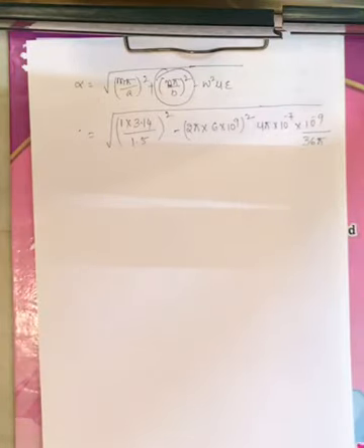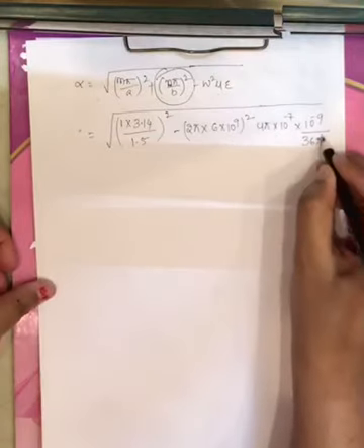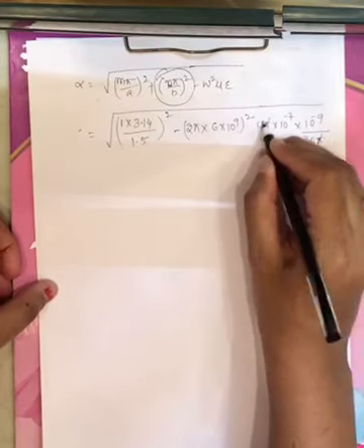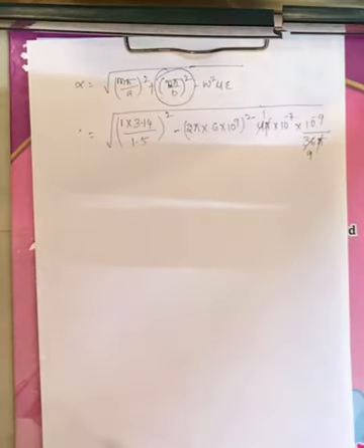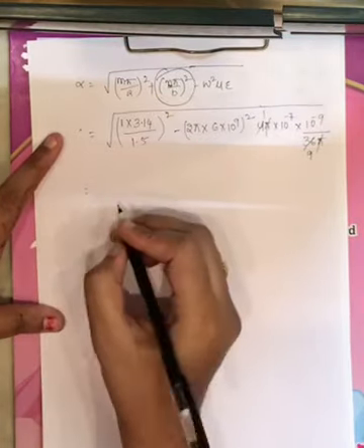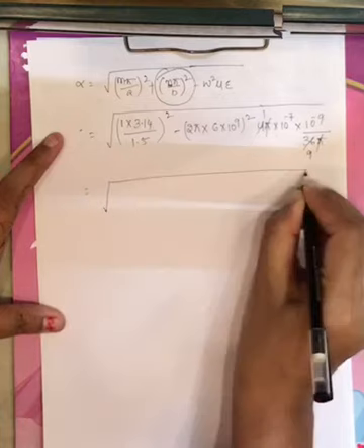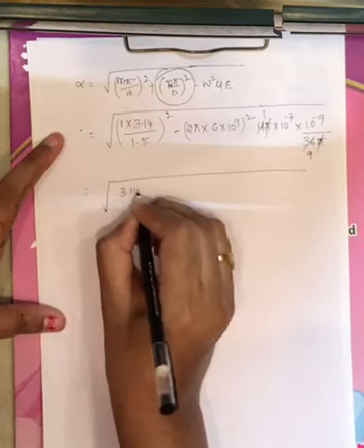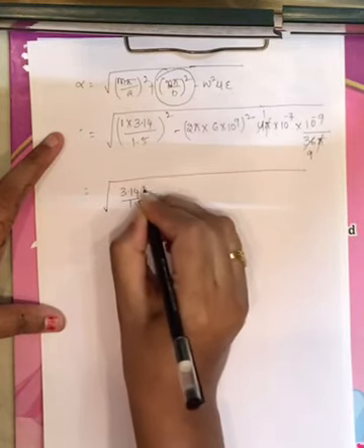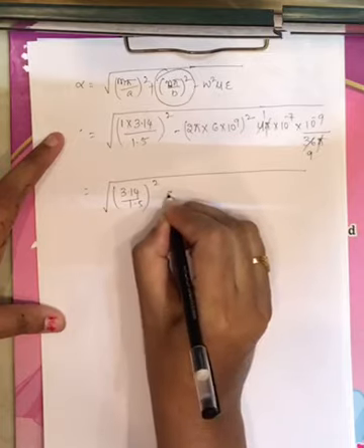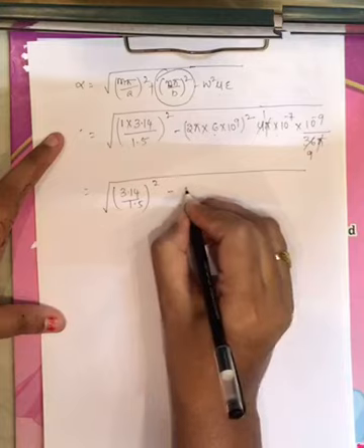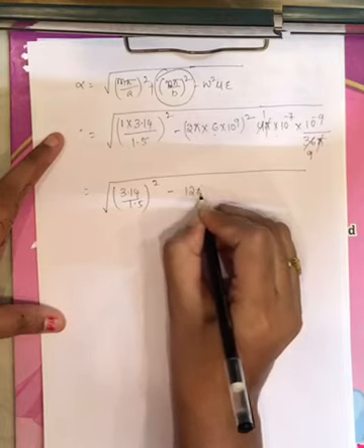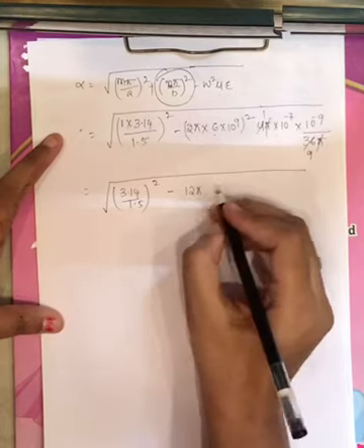10 power minus 9 divided by 36 pi, and this pi will get cancelled. Now 4 ones 4 nines, right? 4 ones 4 9, and this under root of 3.14 divided by 1.5 whole square minus, right? And this is nothing but 12 pi, right? 12 pi, right? 12 pi